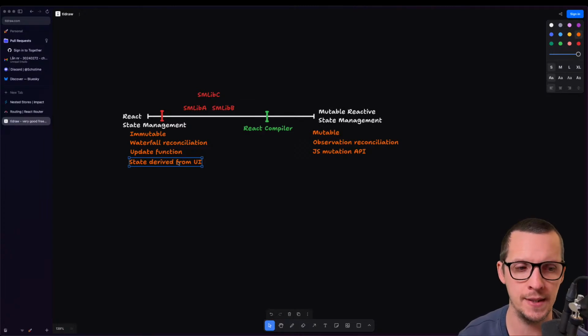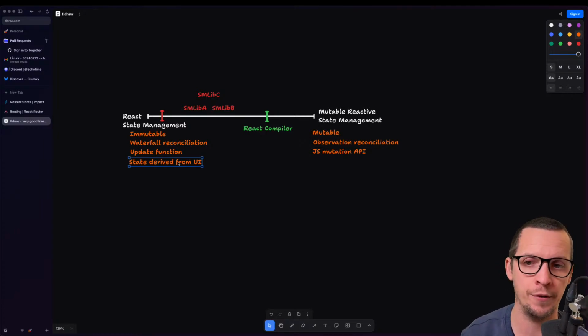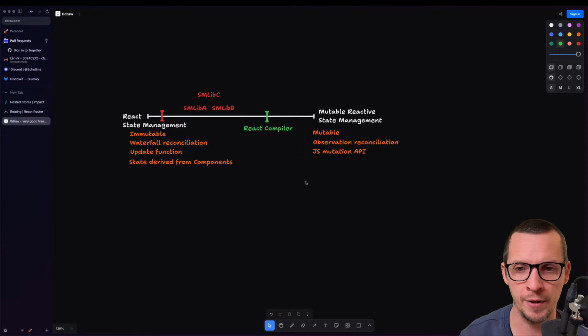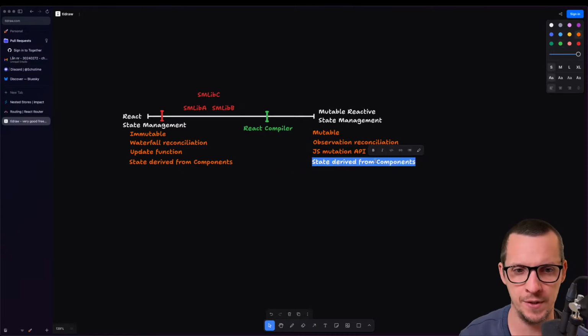It's the components that hold the state, and when the state changes, it mounts a nested component. That component might have some state. So the state is literally derived from components. Or you can say, are the components derived from state?